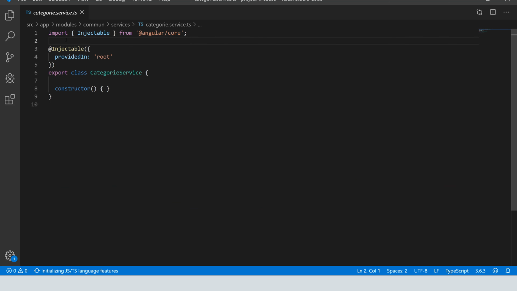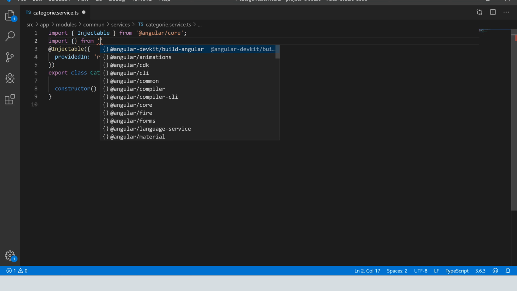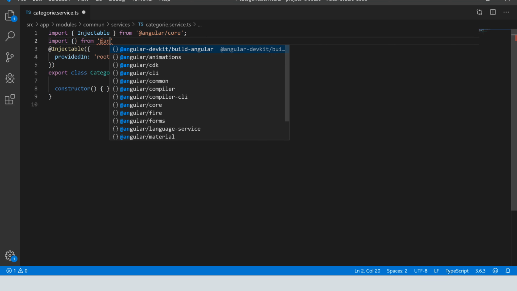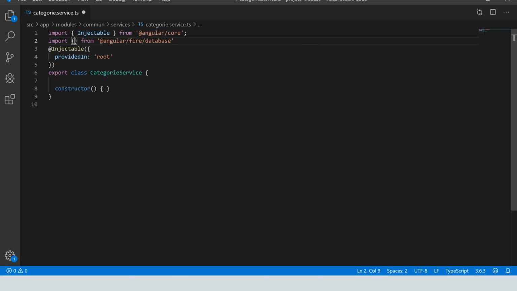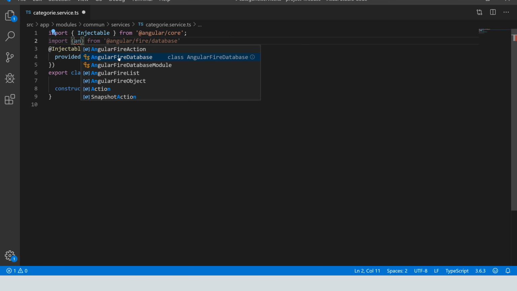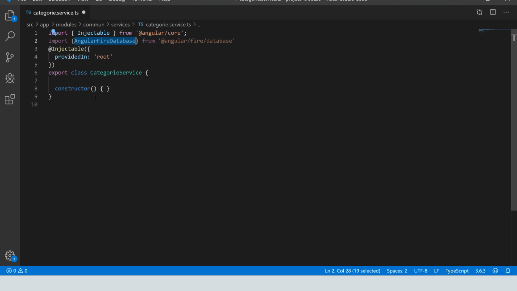And here we will import the module for Firebase, for the database. For that we do import from, and here AngularFireDatabase. We will inject this service. We do private db of type AngularFireDatabase. Now we will create a method to get all categories. So we do getAllCategories,